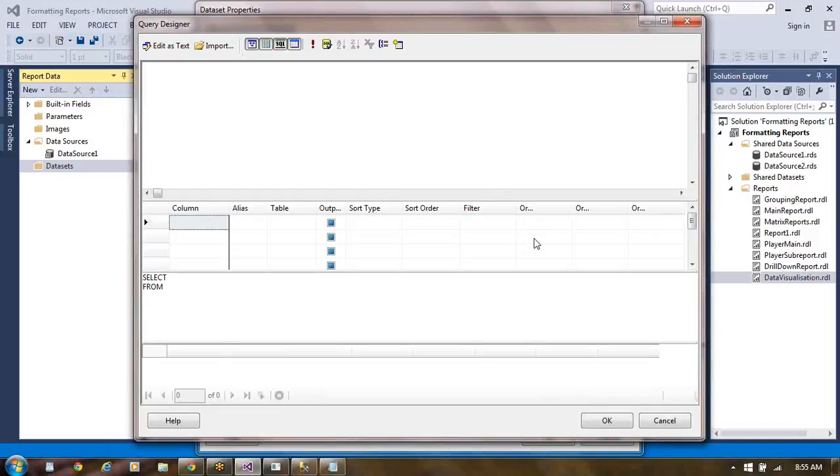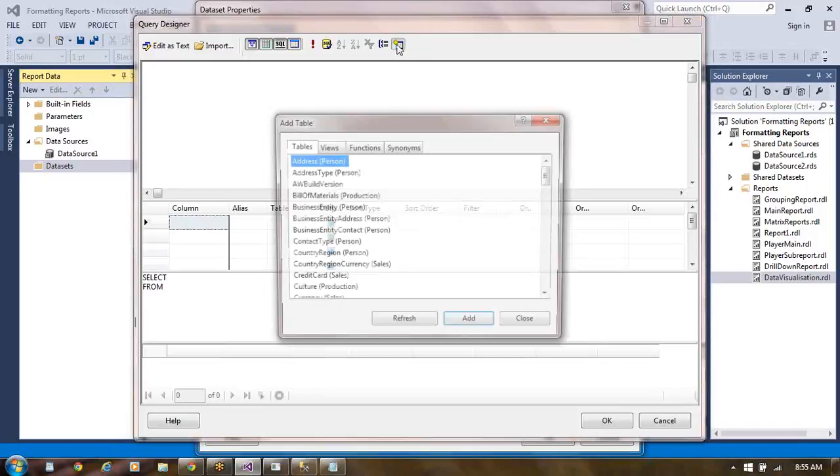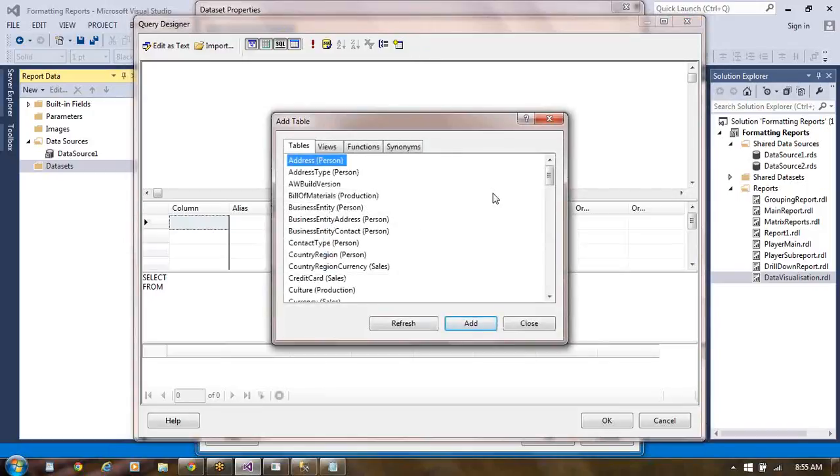We use both of them. This must be sales territory. Sales territory we use.